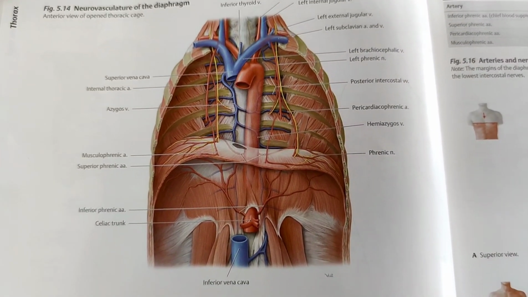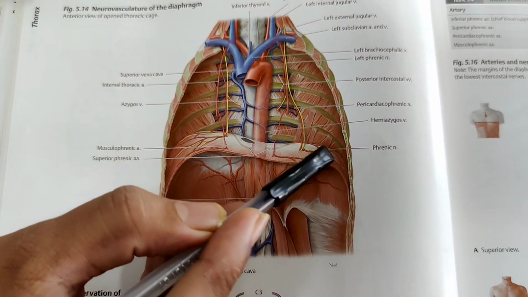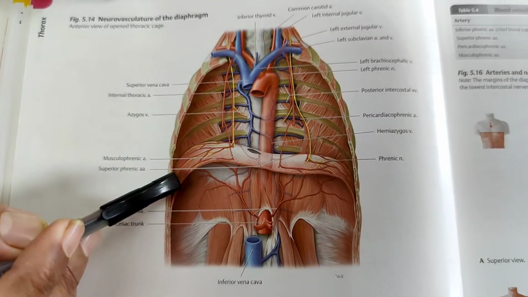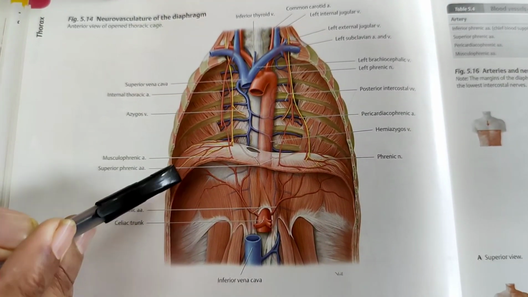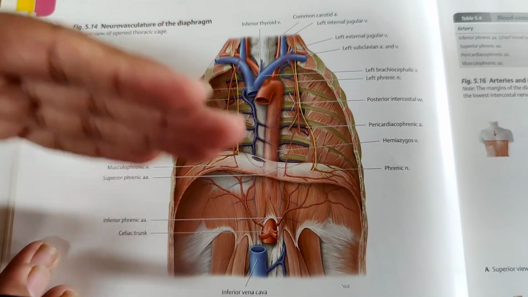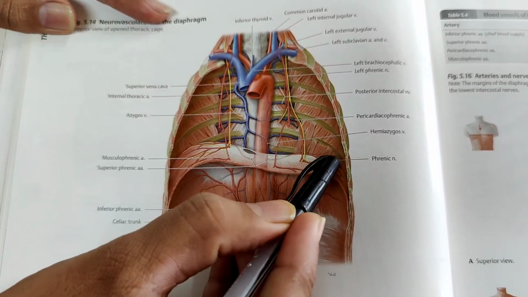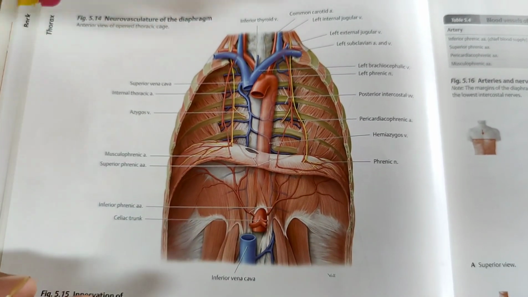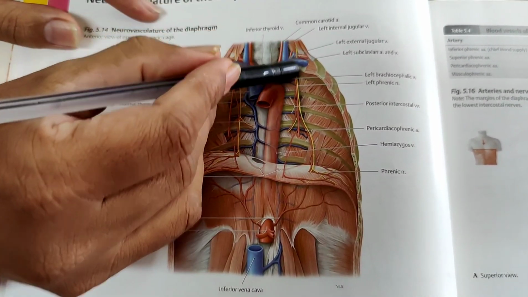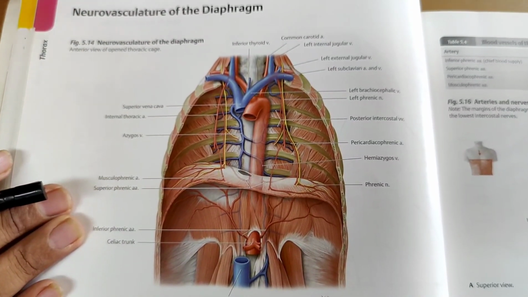Now we will see the action of the diaphragm. On the thoracic cavity, it is the principal muscle of inspiration. When the diaphragm contracts, the lower ribs are fixed, and the vault of the diaphragm descends. So the vertical diameter of the thoracic cavity increases. The domes are flattened, so abdominal organs are compressed, and the thoracic cavity's vertical diameter is increased, which helps in inspiration.